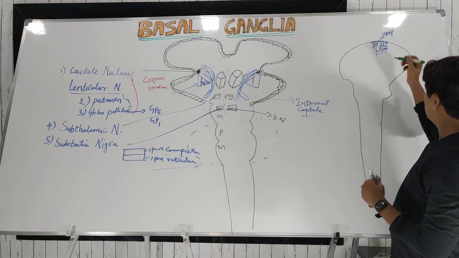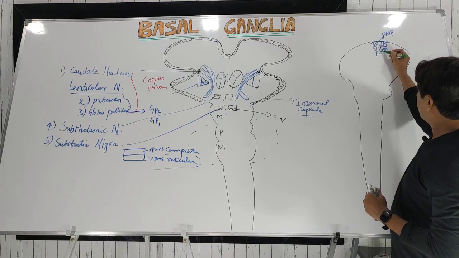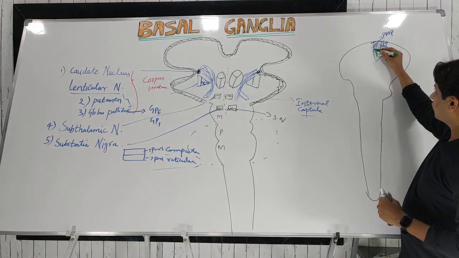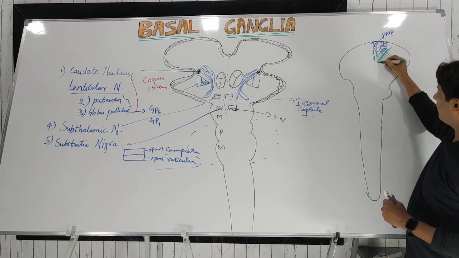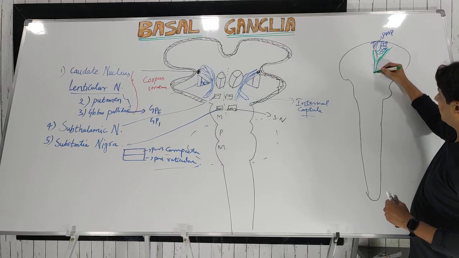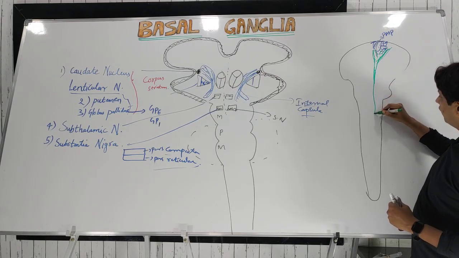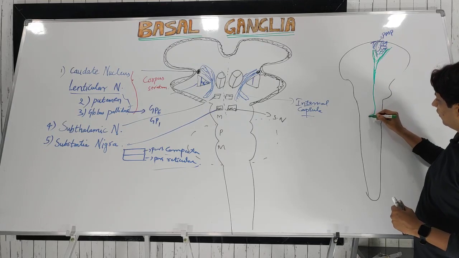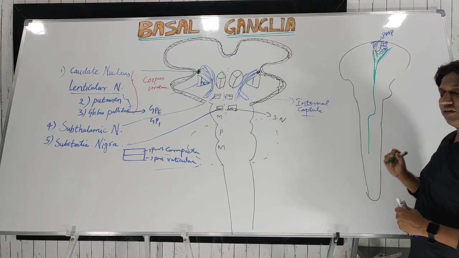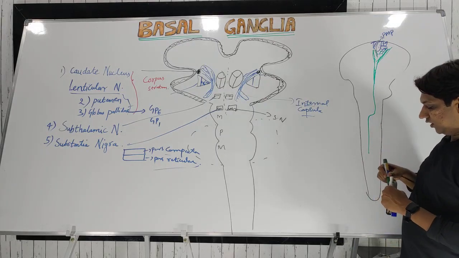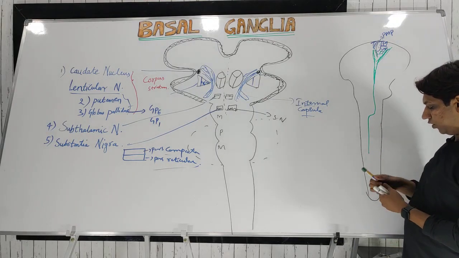How exactly? If you remember, with the help of the pyramidal tracts or the descending tracts, also known as the corticospinal tract. So these are the upper motor neurons. This bundle of nerve fibers or axons will descend down, and at the level of the medulla they will decussate to the opposite side and go to the concerned spinal cord. So these are known as upper motor neurons, and from this the signal goes to the lower motor neuron.